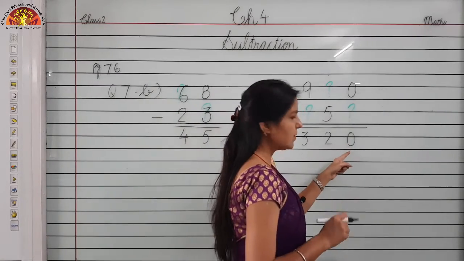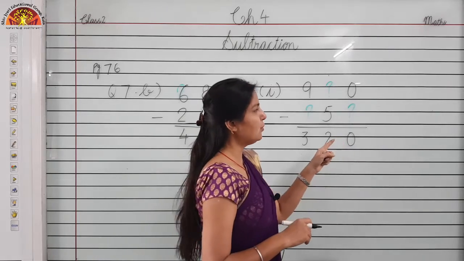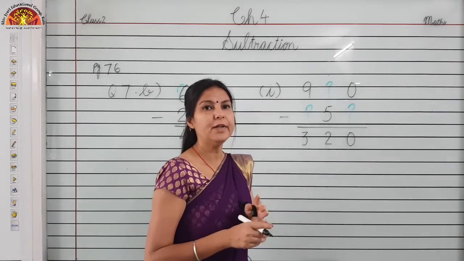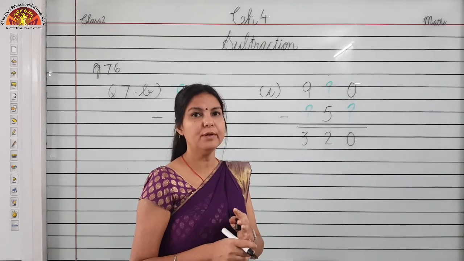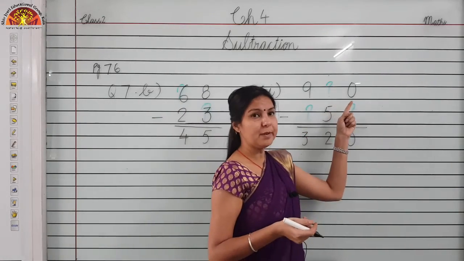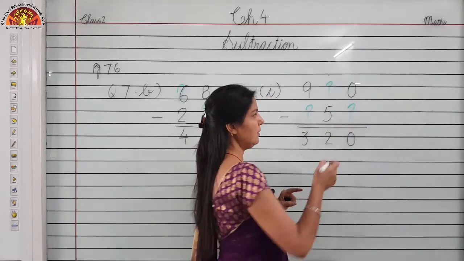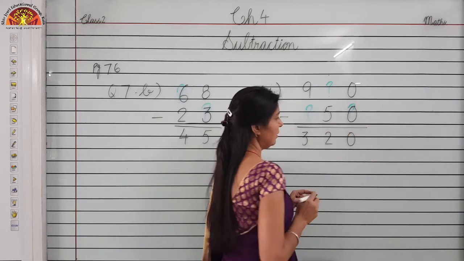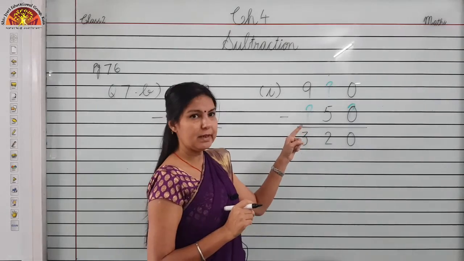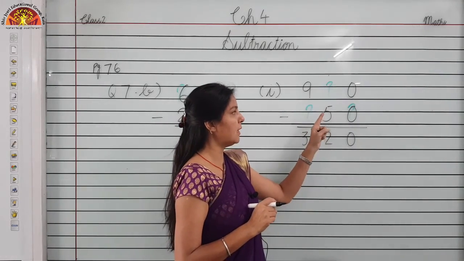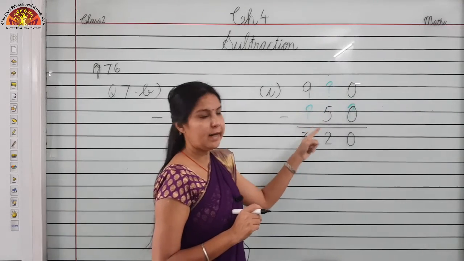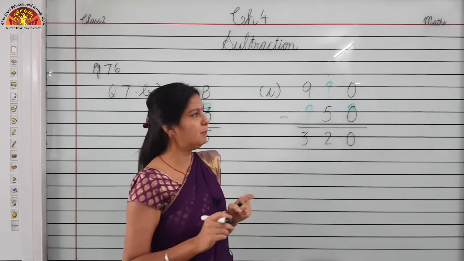Here 0 is written in the answer. So if you want to find out 0, then what you will do? When we will get 0? When we subtract any number from the same number, then we will get 0. So when we subtract 0 from 0, then it will be 0. Now here you have to find out the bigger number, because we can subtract a smaller number from bigger number. So what you will do? You will add these two numbers for finding out the bigger number.